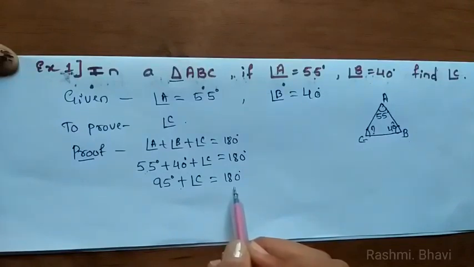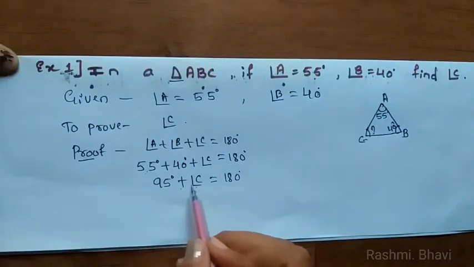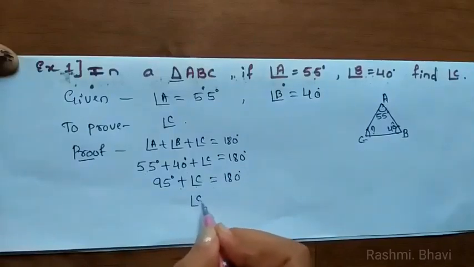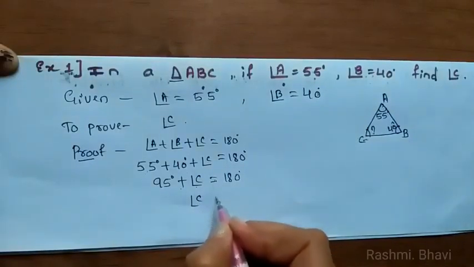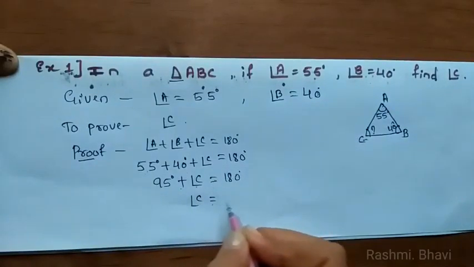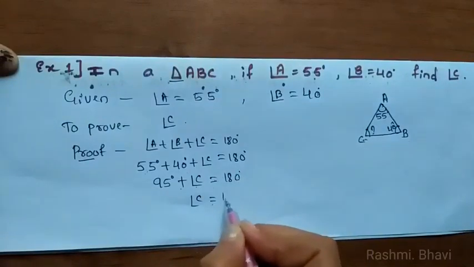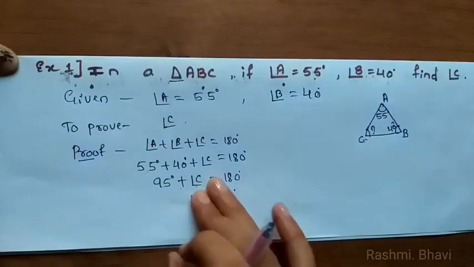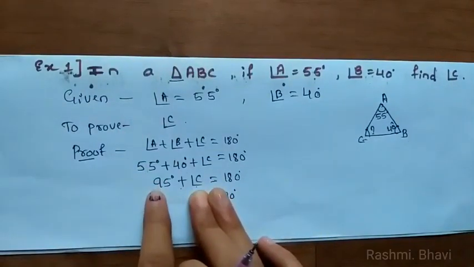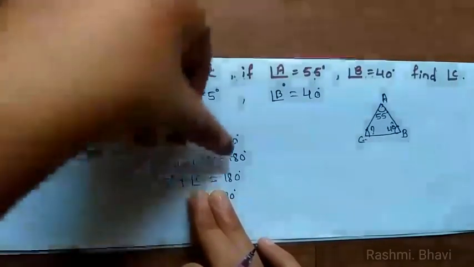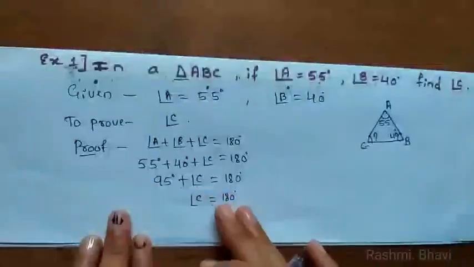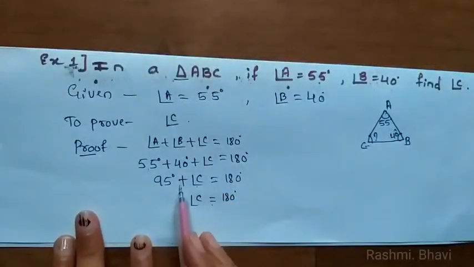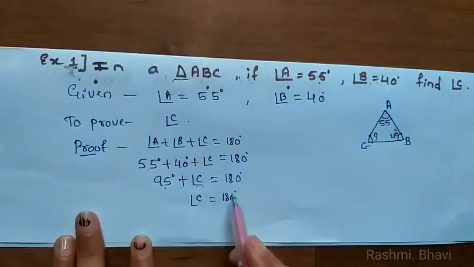180 degree. Here angle C we have to find. So, keep angle C as it is. Here equal to, write as it is. Next what do we have? 180 degree, write 180 degree as it is. The next step is just check it here. In this equation we have a left hand side and a right hand side. This is said to be the left hand side and this is said to be the right hand side.